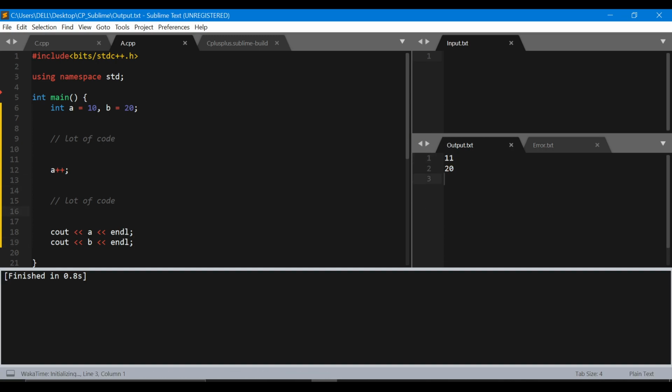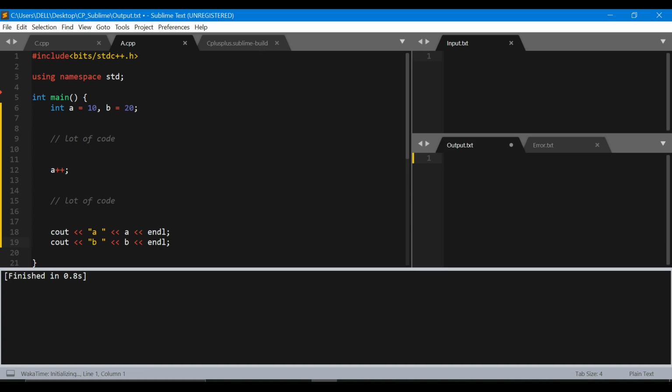But you only have this 11 and 20 here. You don't know which one is a and which one is b. You know right now because there are only two variables, so it is easy to understand. But let's say you have 10 such variables to be printed. How will you know which value corresponds to which variable? So instead of just printing out these variables normally, you can print out the names as well, right? This way, whenever you are printing out a value, you also know the variable that the particular value corresponds to, right?